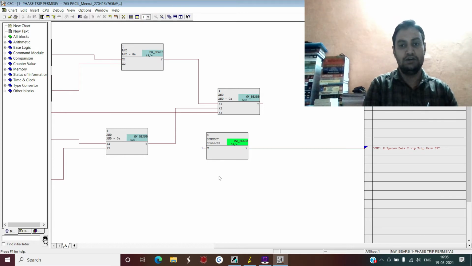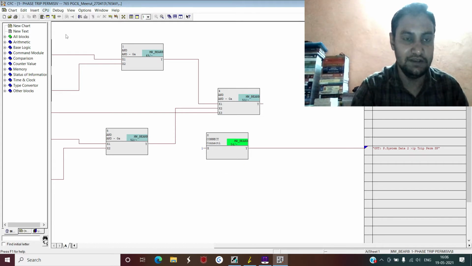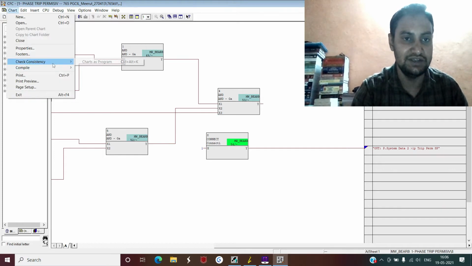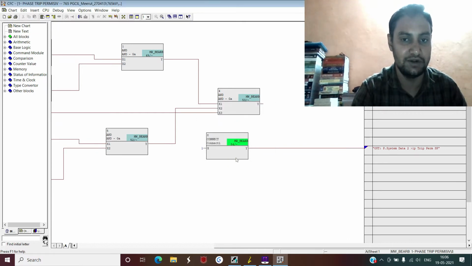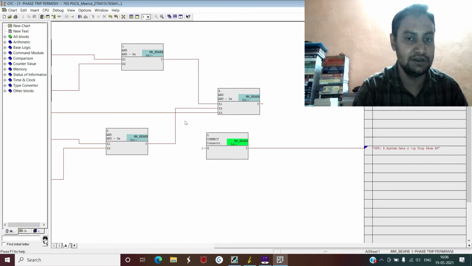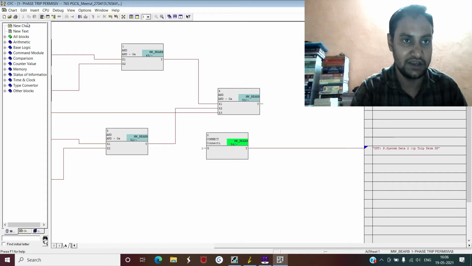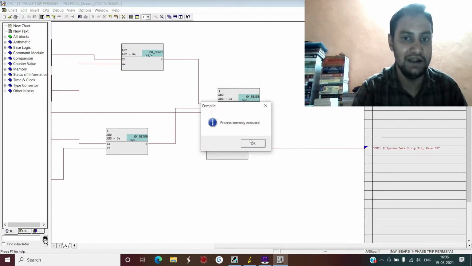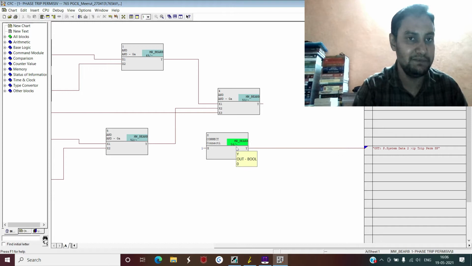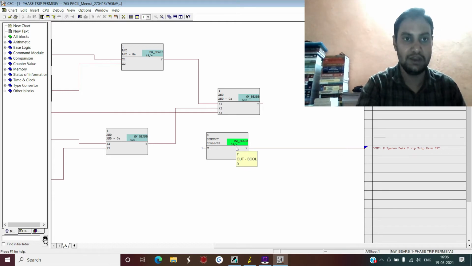Now if you want to see what this means, then in this Siemens relay, in this CFC of DIGSI, there are 4 types of compilation method available. Once you have created your logic, since this is a very simple logic, the first thing you have to do is check the consistency, that everything is okay or not. If you check here, this process is correctly executed, that means your inputs and outputs are correctly connected. There is no violation. We will discuss this MW BRB in just a couple of seconds. Now the next thing is compile. When you select compile, by default all these logics will be compiled in your measurement compilation only.